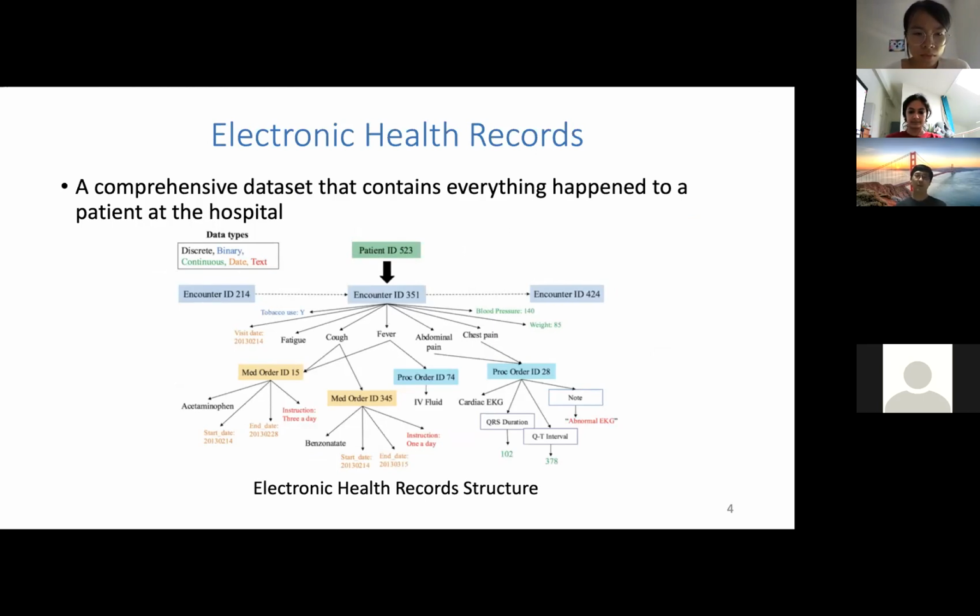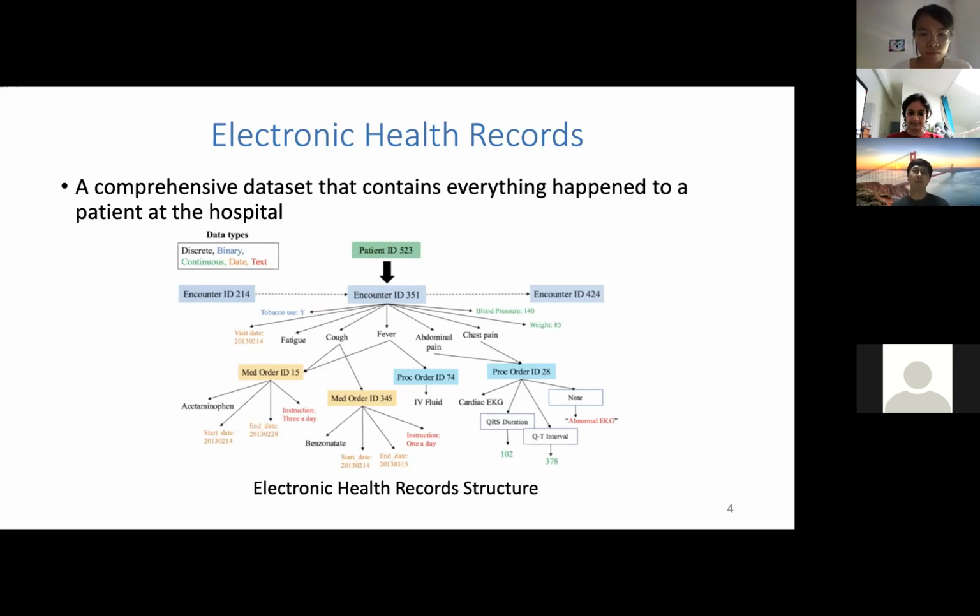So if you start connecting all the foreign keys into different tables, then you can view EHR as a graph, or hierarchical graph, more specifically like this. There's usually a patient ID at the top, and then the patient makes multiple visits over time. And then at each visit, you start with a set of diagnosis codes and some family history or some auxiliary